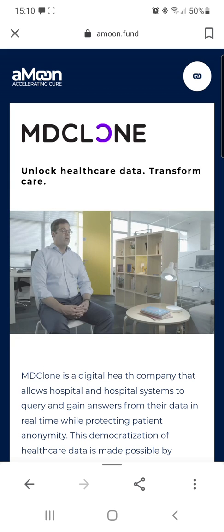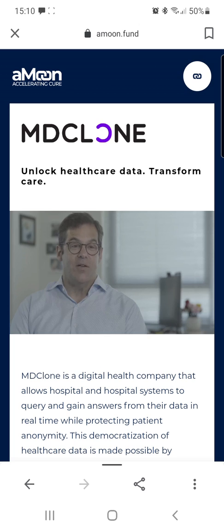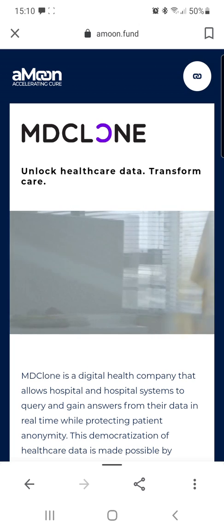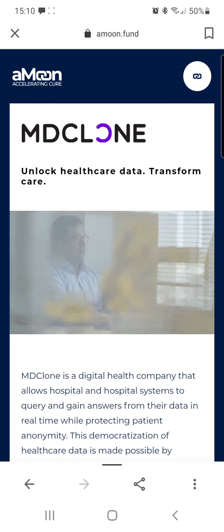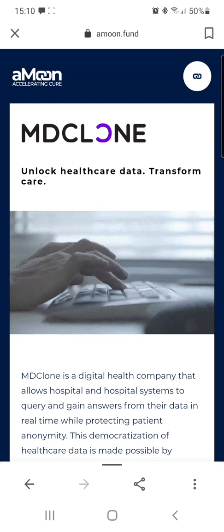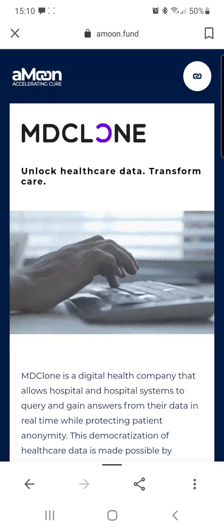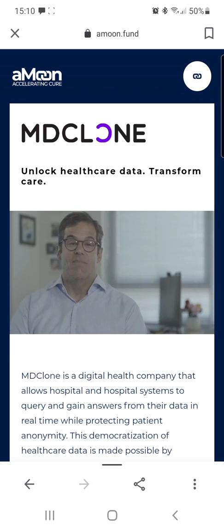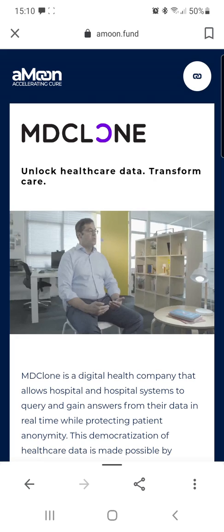As a caregiver, I actually could care less about data. I want information. Data is something to be analyzed. Information is actionable. What I really want is information about what I need to do for the person who's sitting in front of me. So it's all about information. Data is just a pathway to get there. What we did with MDClone was to start by